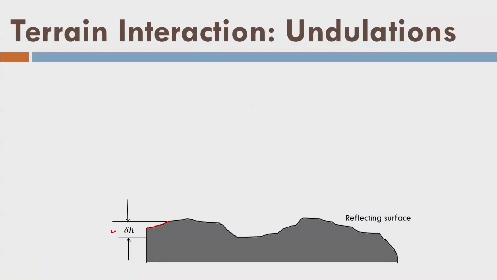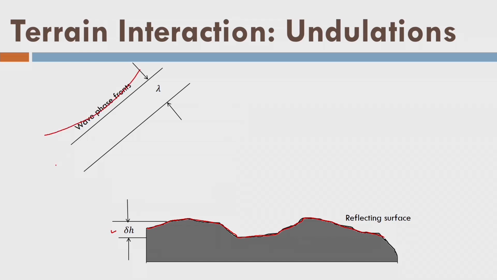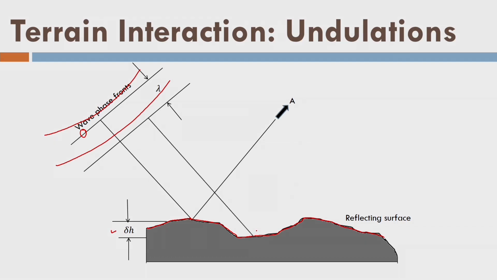Now, we are defining the terrain surface roughness in terms of its undulations. Let us say the ground is like this. Because of this, the average undulation is dh. This is a reflecting surface also. If this is the wavefront, lambda is the wavelength. So, wavefronts are approaching like this. As a result, this wavefront has approached the terrain point first, and it is reflected in direction A. Similarly, when this wavefront has further proceeded, it has interacted with another part of the terrain which is at slightly lower elevation. So, it is reflected towards B.